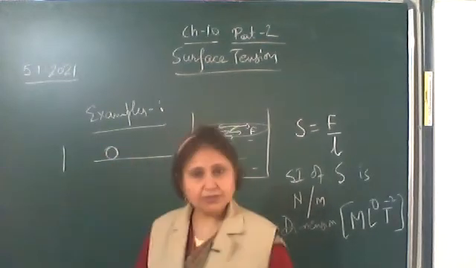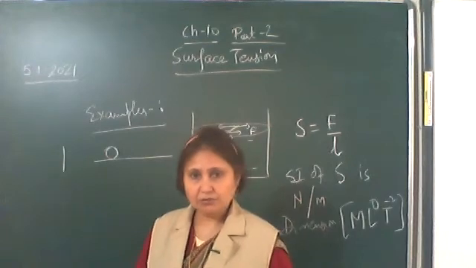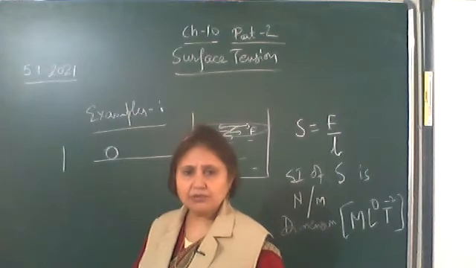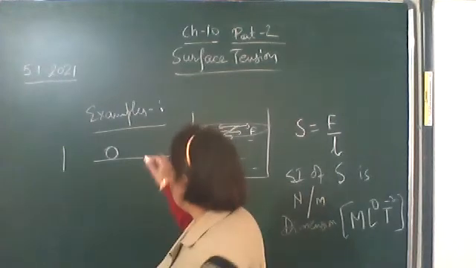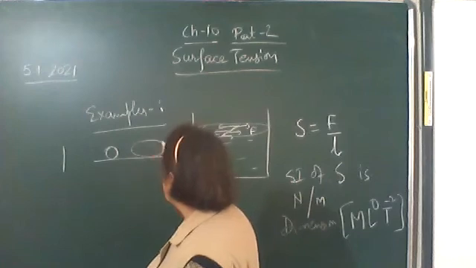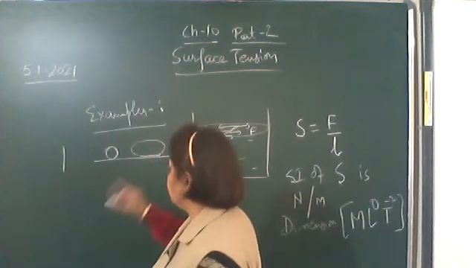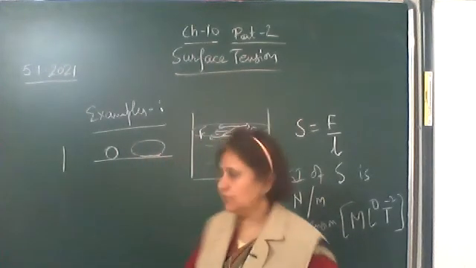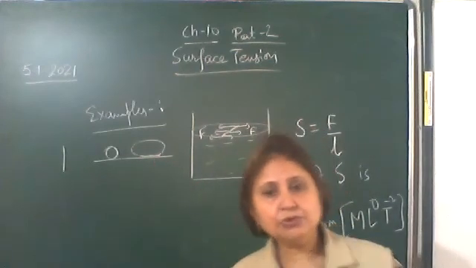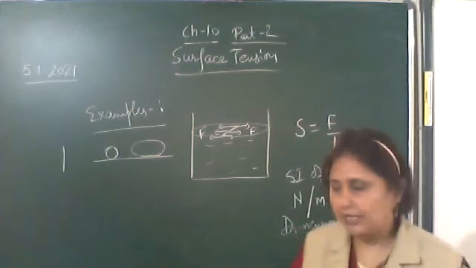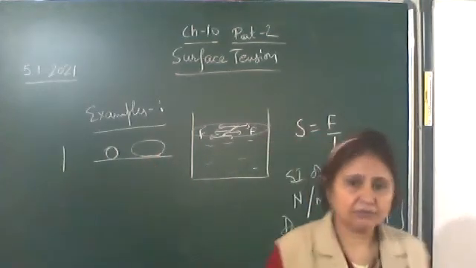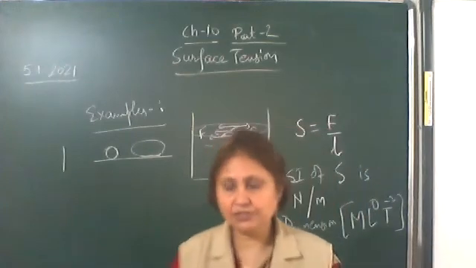Small drops will be spherical in shape, because the weight of the drop is negligible, so gravity's effect is negligible. But bigger drops will become flattened at the bottom. Why? Because of gravity. The bigger drops get slightly flattened at the bottom due to the Earth's gravitational force, or due to their weight, whereas the small drops will be completely spherical in shape.